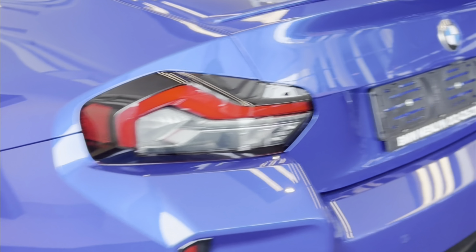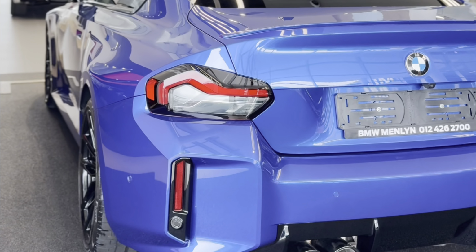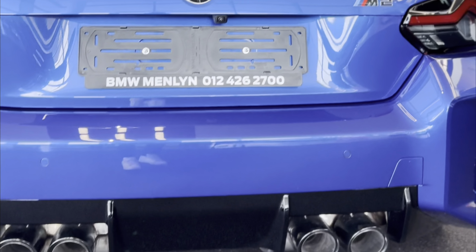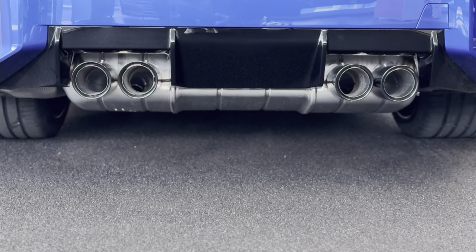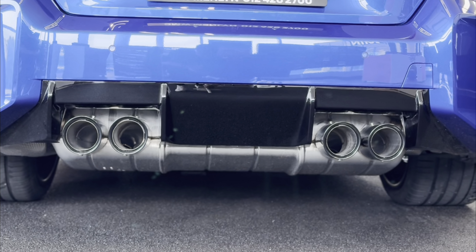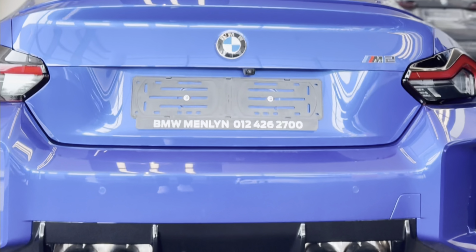So 20s at the rear, proper M car setup here. And yeah, this is the rear angle of the car. We've got those instantly recognizable DRLs. You could probably spot this thing from a mile away. We've got that quad bat box at the back, quad pipe, and we've got that diffuser, which I don't know